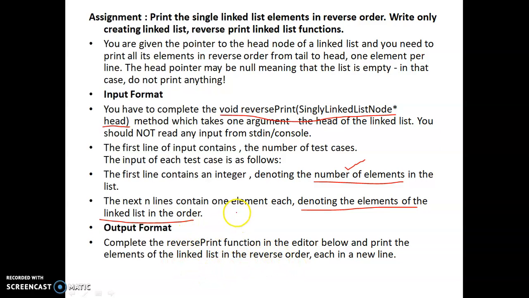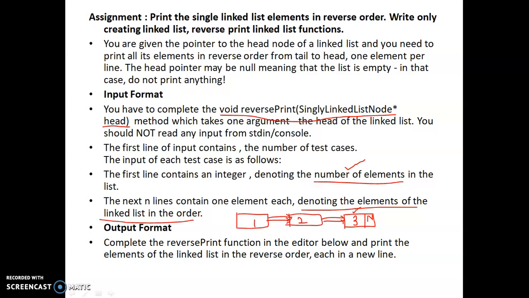Say, for example, you have a linked list like this: first node, second node, and third node, with values 1, 2, and 3. Now we want to print 3, 2, 1. So first move to the last node, with one while loop, until the next pointer is equal to null. Move from the first node to the second node and the second node to the third node, then print the third node value.